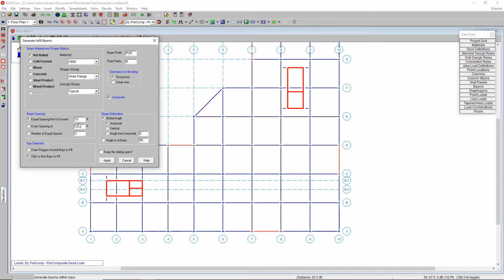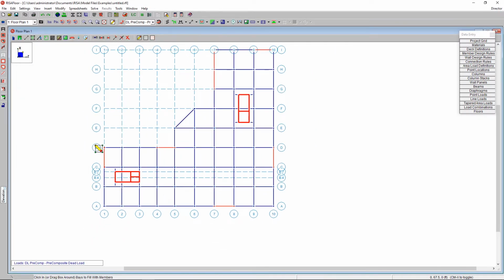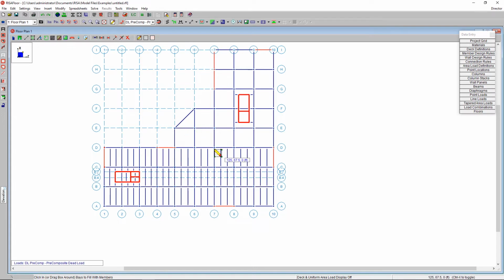But what I'm going to say is that I'm going to have an equal spacing not to exceed 8 feet. And I'm going to start with a vertical direction. So by defining it's going to be vertical, I just select that there. And then I'm going to go ahead and define this directionally in a few different areas of my model. So I'm going to kind of rubber band this whole area, and automatically I get all my beams vertically in